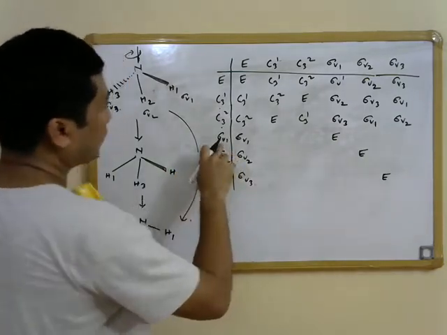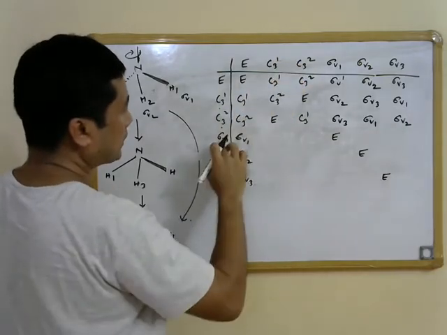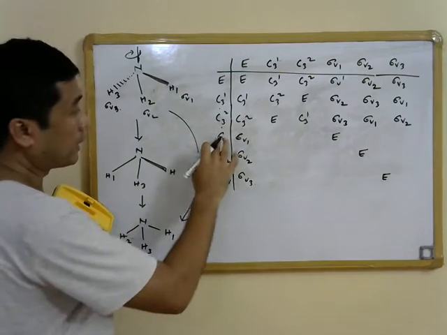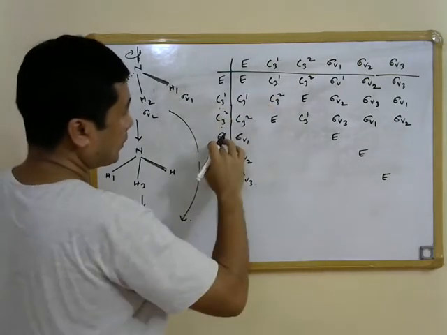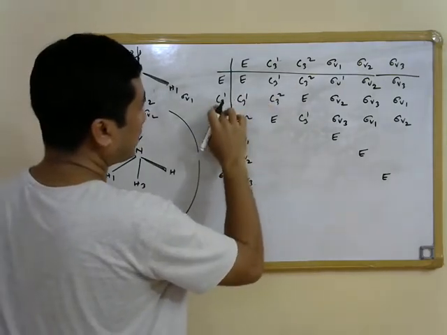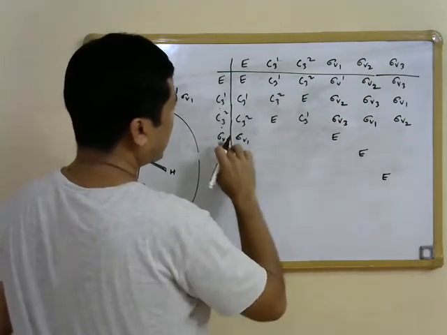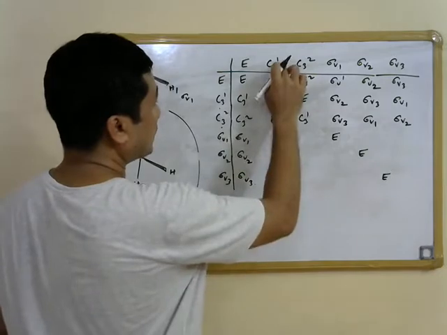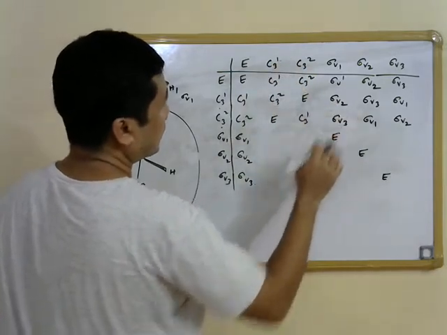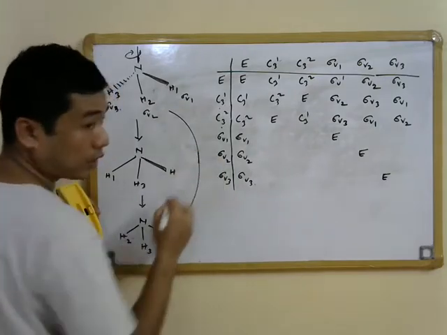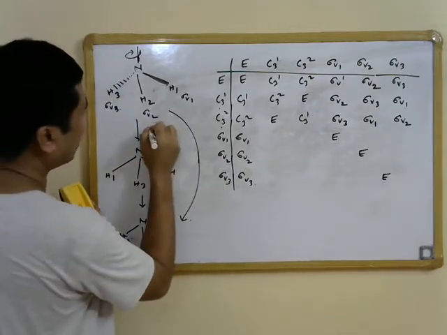So let us find out sigma V1 C31. Since these elements may not commute with each other, we first check whether it commutes or not, because we simply cannot write that C31 with sigma V1 is equal to sigma V2, and the answer for sigma V1 C31 may not be sigma V2, because these elements may not commute with each other. So let us try to find out this answer.